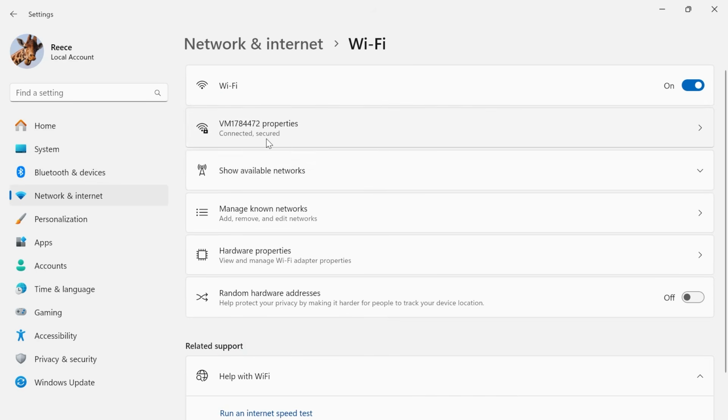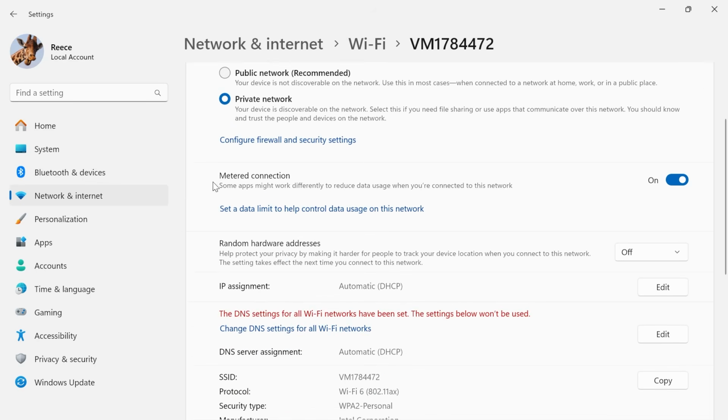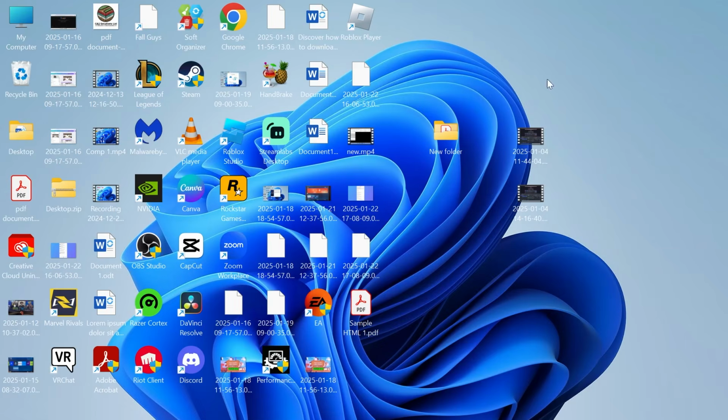Select your internet connection from this list, and then if you scroll down, you'll see this option here called metered connection. Now, in order to get the fastest download speed possible, you want to make sure this feature is turned off and disabled. Now, once you've done that, we're then going to close out of this window,